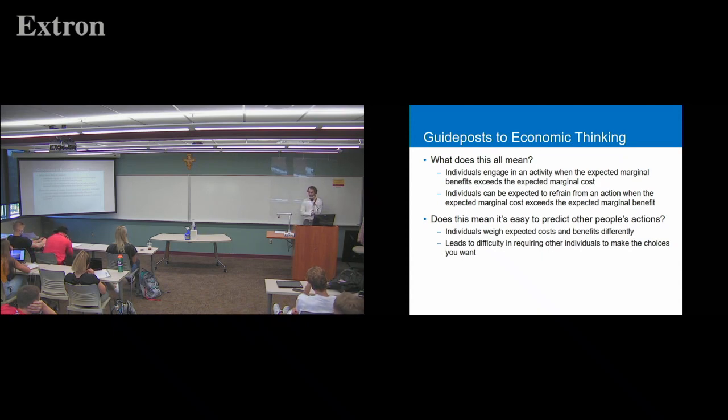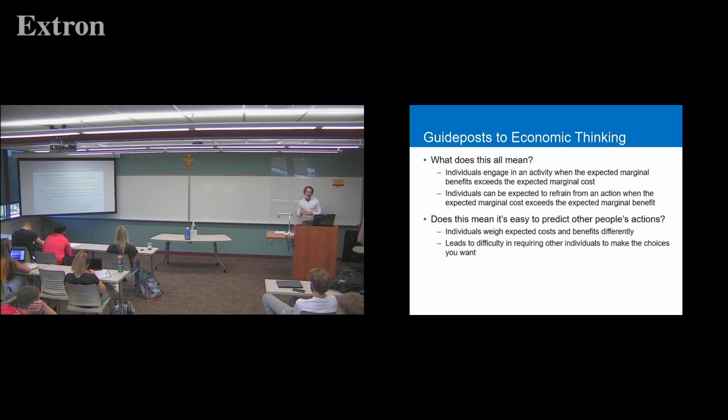Let's say we remove a regulation against polluting, and we make it relatively less costly to pollute. We'll expect more people, or in this case probably more firms, to end up polluting because this is a less costly activity. So if we change the expected marginal cost or the expected marginal benefit of an action, we can expect how often, how much people engage in the activity to change. This has wide-ranging implications for economics and for how we study what people do or what firms do.